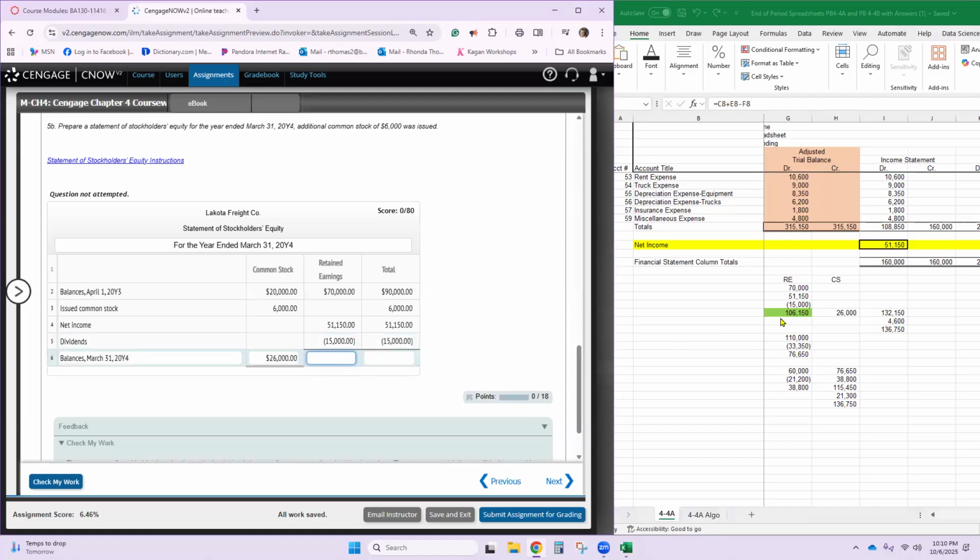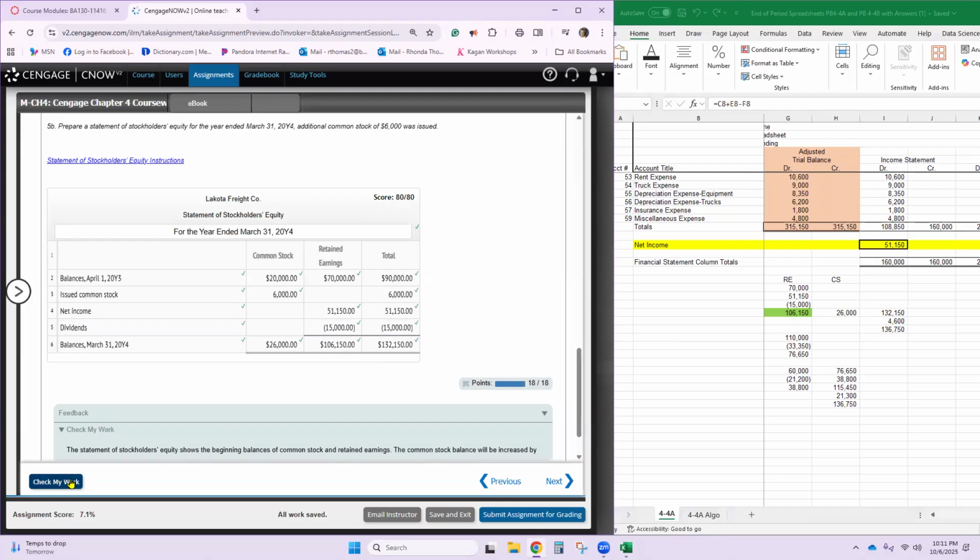I've got retained earnings at 106,150, and then all together our total equity is 132,150. Let's check our work. See if we got 18 out of 18. Yes, now it's these totals that go to the balance sheet.